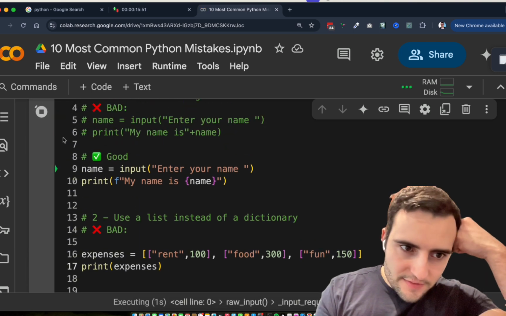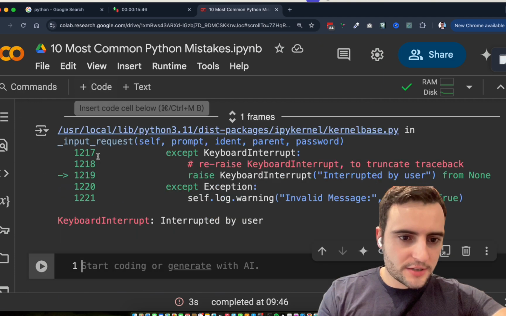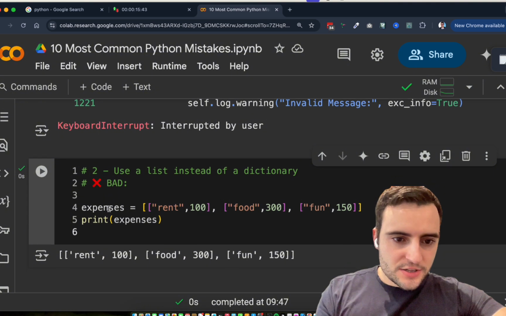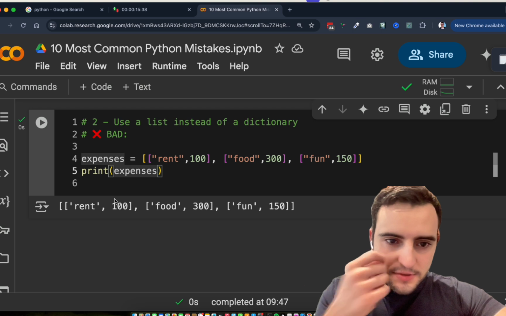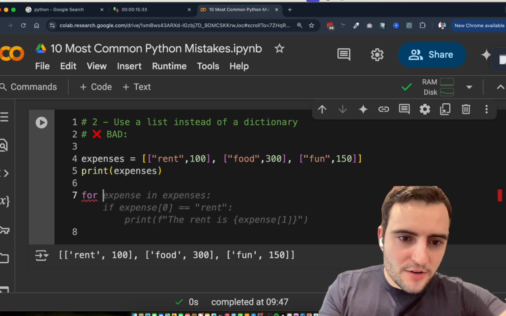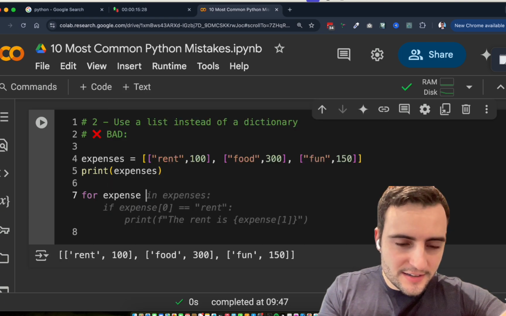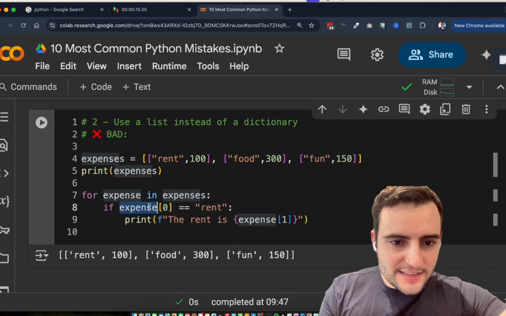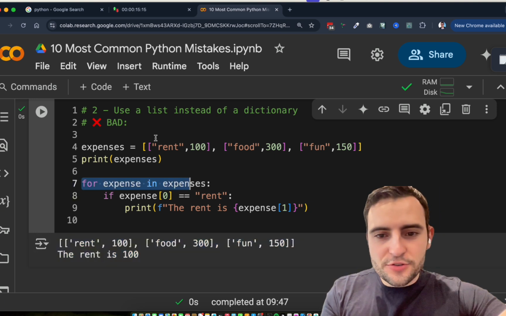But what it means is if I'm actually going to extract this and put it into a new coding block, just so I have more space, I can run this and it runs all of this, right? But let's say that I want to find the specific rent expense. I would have to do something a little bit more complicated. Like I have to do for expense, and it typed it out here perfectly: for expense in expenses, if the expense 0 is rent, then print the expense. So if I run this, it'll say the rent is 100,